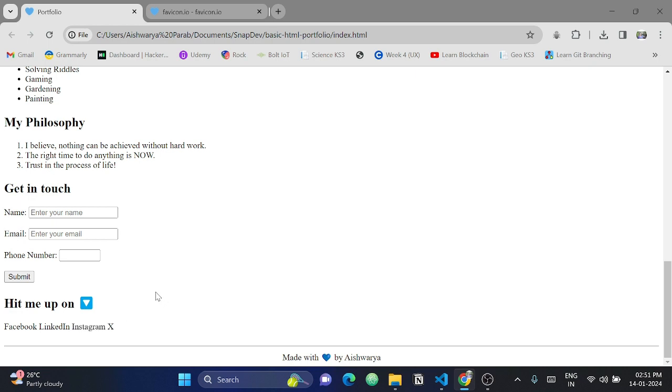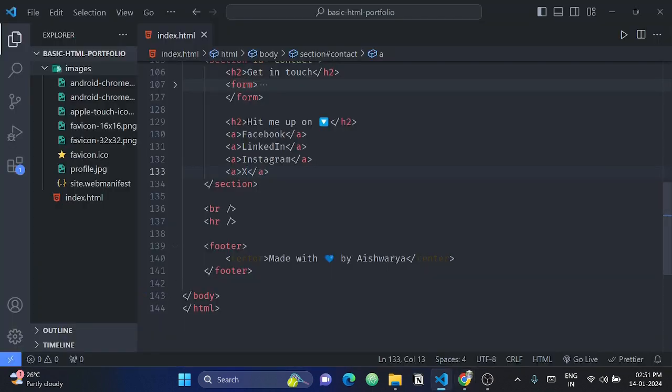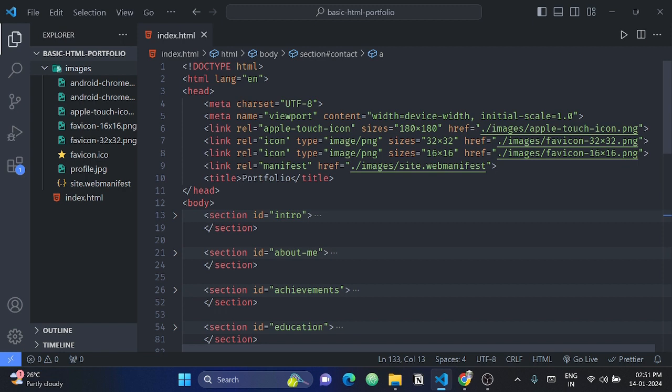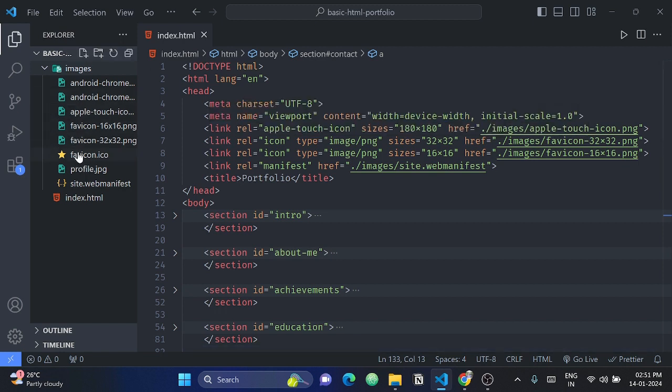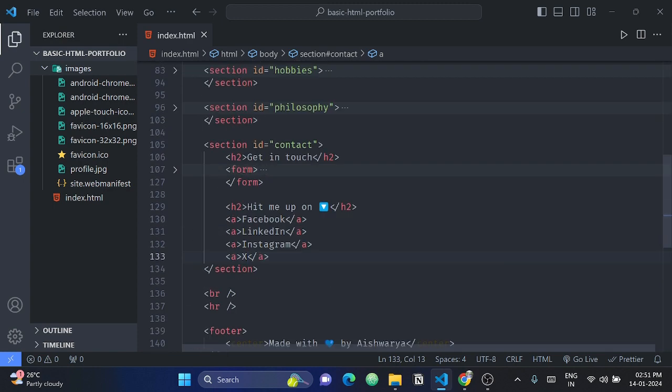So in order to link this text to the actual website or to some website, we need to add the href attribute, which is providing the reference. So remember, when we added the links, the reference to these file names was given by the href attribute. Similarly, if I want to give a reference to another site, to this text, then I will have to use the href attribute. So href, right now I can use like https